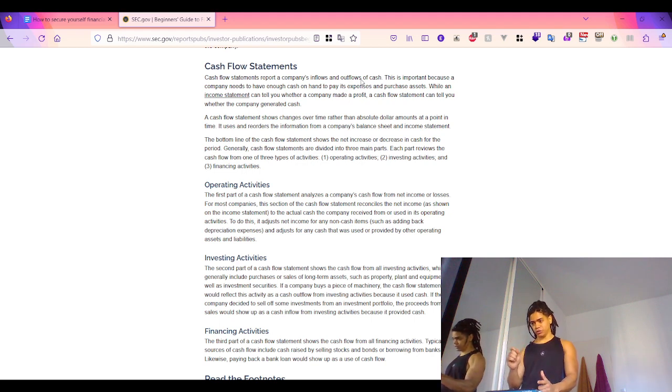Accrued expenses, which are goods and services that the company has received but not yet paid for, meaning wages and salaries, rent, taxes, utility bills,